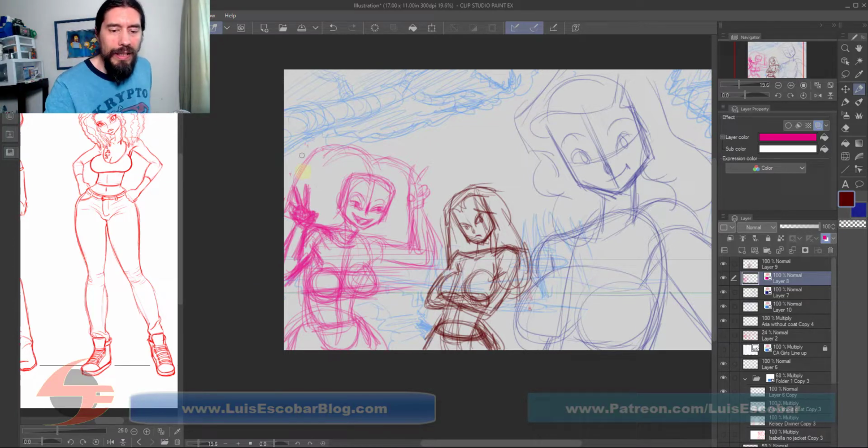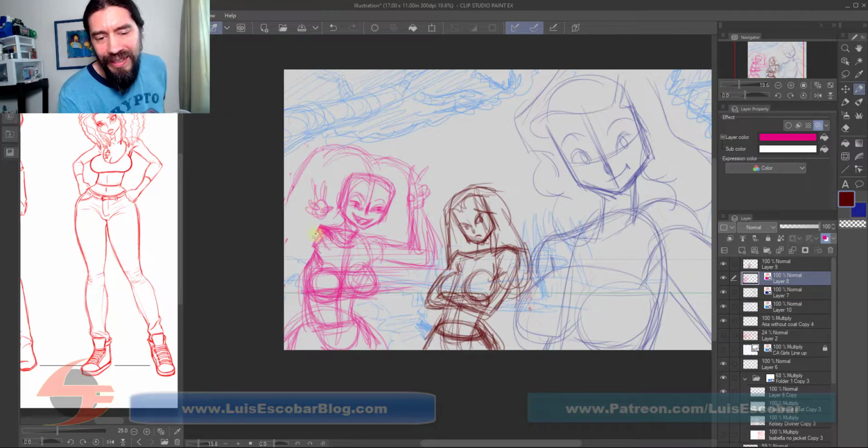And actually, I don't like that either. That doesn't look good to me. So I would just keep playing with this stuff. But that's it. What I wanted to say is, when you're working with anything in perspective, and working with characters in perspective, especially with a group of characters in perspective, what you want to do is